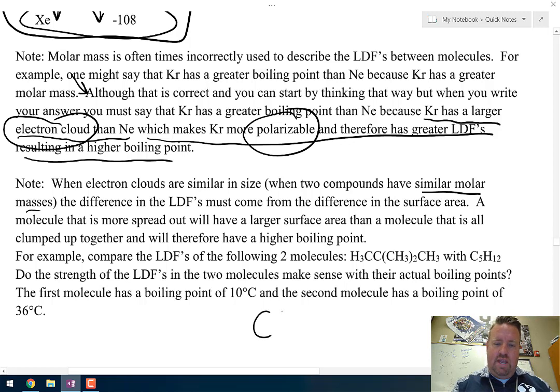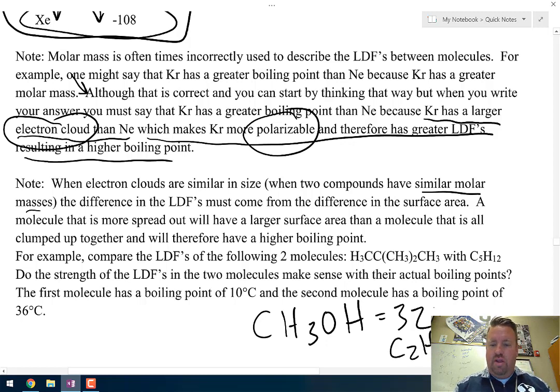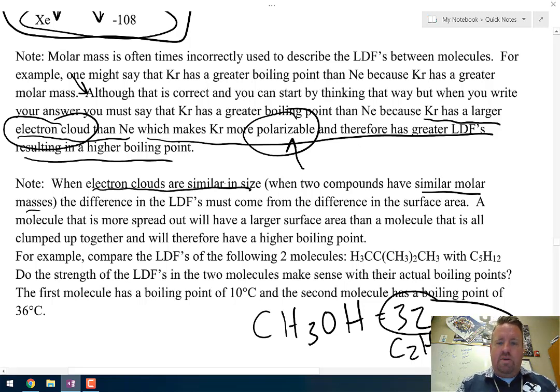So something like CH3OH has a molar mass of 32. And let's say we had C2H6, which has a molar mass of 30. Their molar masses are similar, so therefore they're going to be very similar in their polarizability, which means that they're going to have very similar London dispersion forces. So when electron clouds are similar in size, the difference in the London dispersion forces comes from the difference in the surface area. A molecule that's more spread out, something like, let's say, carbon, carbon, carbon, carbon, carbon,